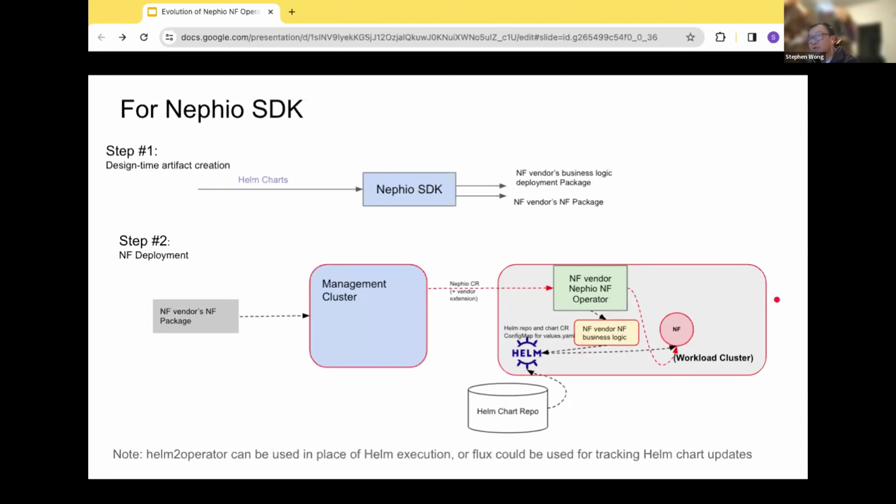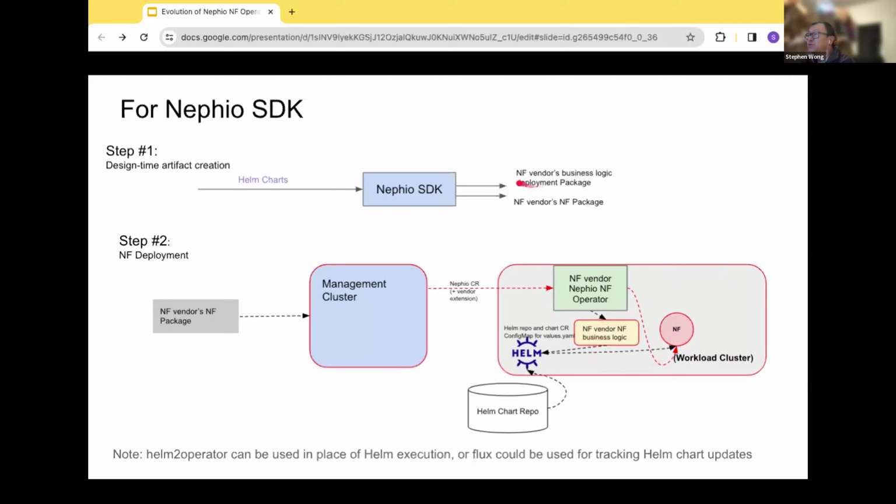if we offload the Helm executions to a Helm execution engine, whichever it is, then deployment of that engine is also something that needs to be part of the deployment package, or the operator package. It's probably a better name. And then all the things that are required to bring those up.